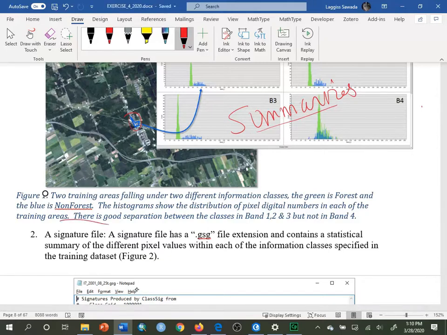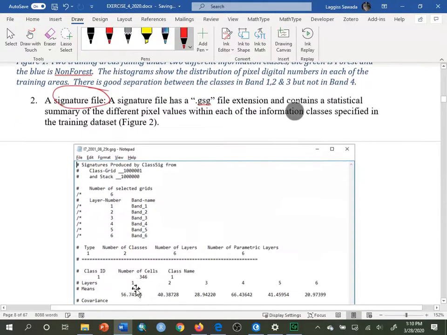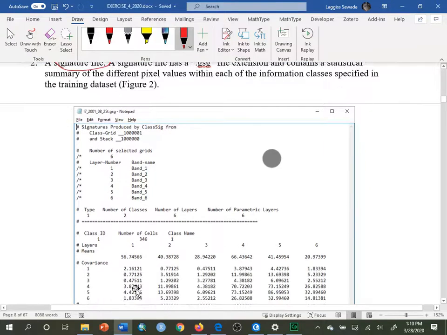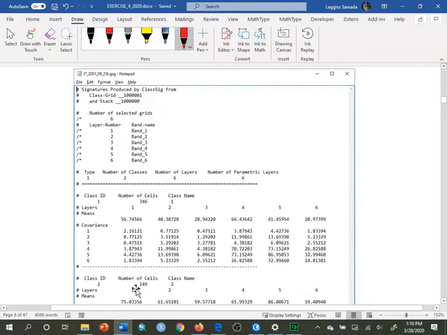So it looks at the separability, the commonalities between and within the bands, and puts them in a signature file, which is just a text file that looks like this. So it'll have the bands that are included, and then the names of the bands, being 1 to 6 in this example,